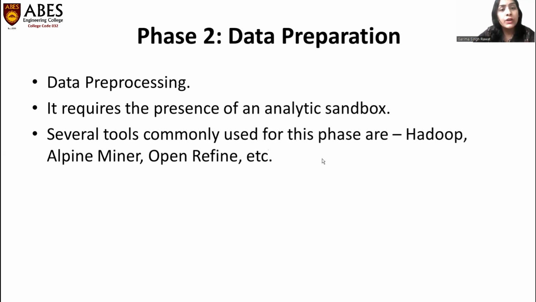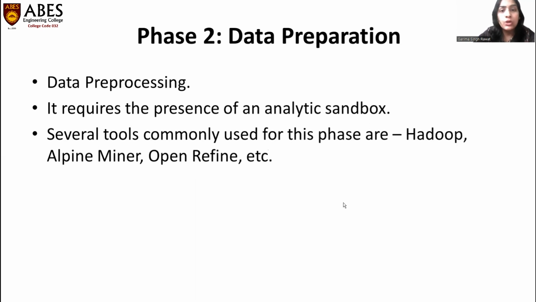of the model. So what is an outlier? Outliers are the extreme data points in the data. For example, if we talk about the age of students, student age will lie between 20 to 22. So if we have an age value of 100, that is an extreme data value, so it is considered an outlier. This phase also requires the presence of an analytic sandbox to work with the data for performing analysis during the project